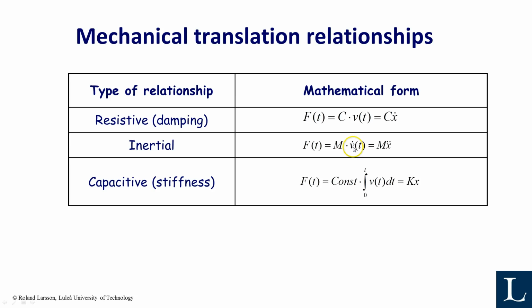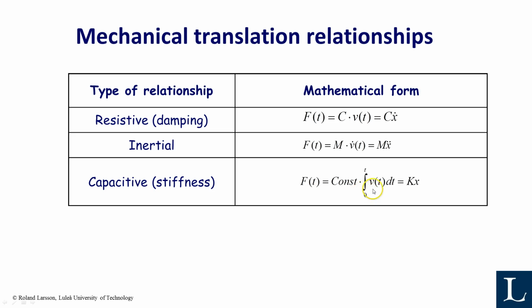The v is the flow, but normally we express it in terms of x. So it's an inertial relationship between the force and the speed, but most often we express it as the mass multiplied by the acceleration. And finally, the capacitance, or the stiffness, is a